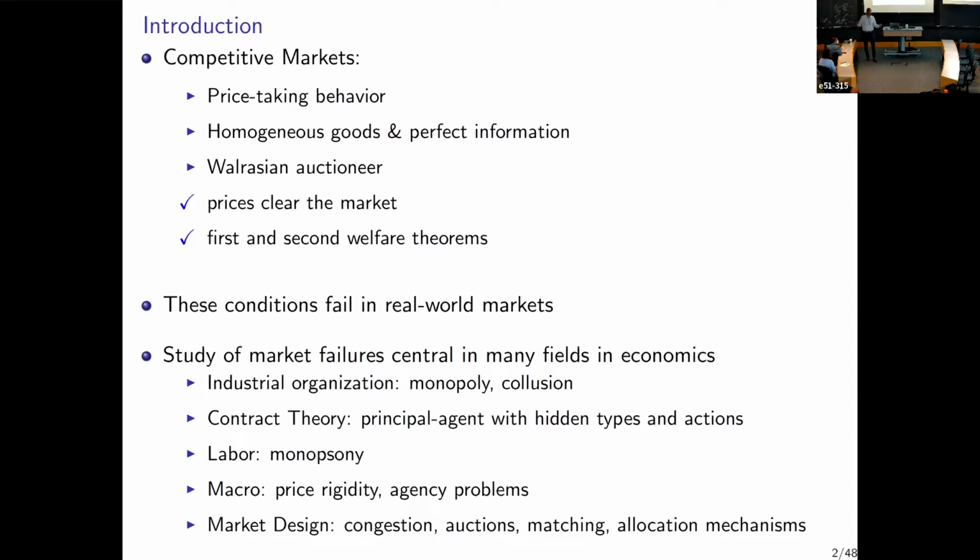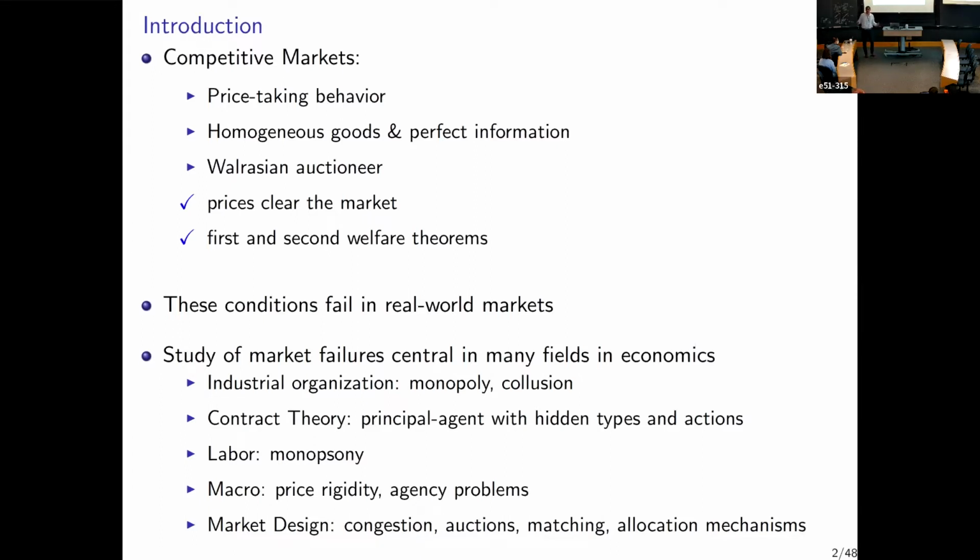In contract theory, people think about principal-agent problems with hidden types or hidden actions. In labor, people worry about monopsony, big firms having monopsony power over their employees, essentially. And in macro, there is price rigidity and agency problems. And in market design, we're going to be thinking about things like congestion, price discovery in auctions,